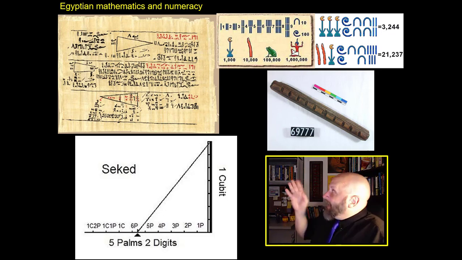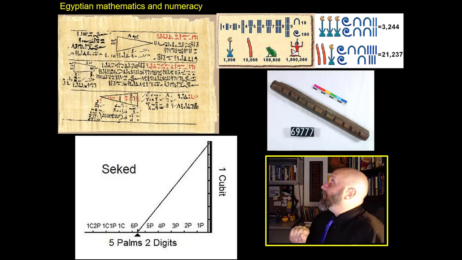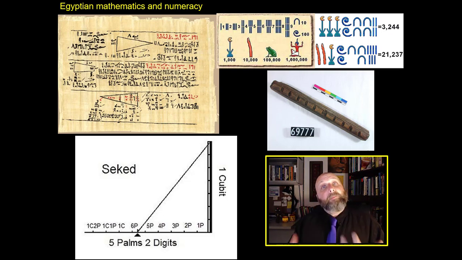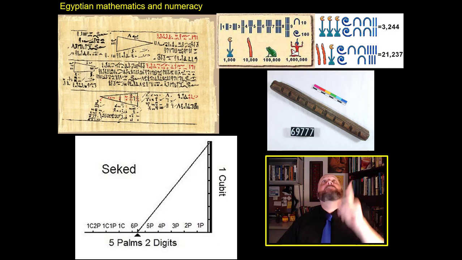All right. And we have things like papyruses, and there on the upper left is a papyrus showing Egyptian math. The Egyptians had very elaborate math. They had very accurate math. At the top, right above my little yellow box, you can actually see exactly how Egyptian numeracy worked. And here's the thing, they actually had the Pythagorean theorem.